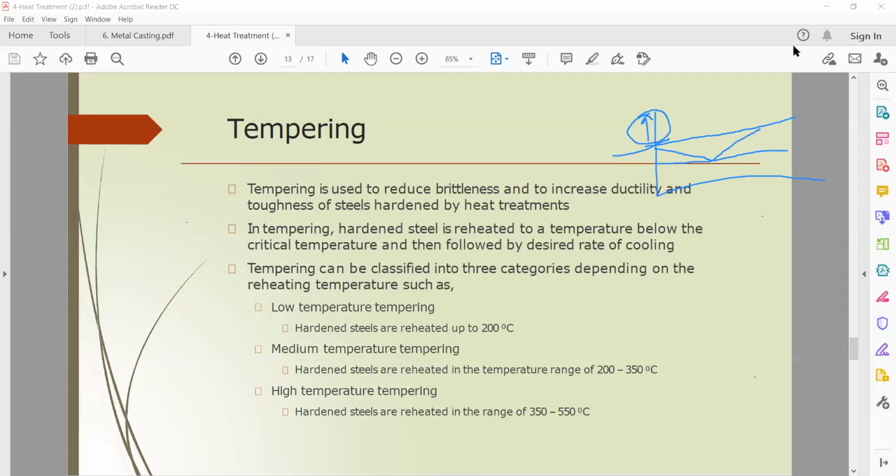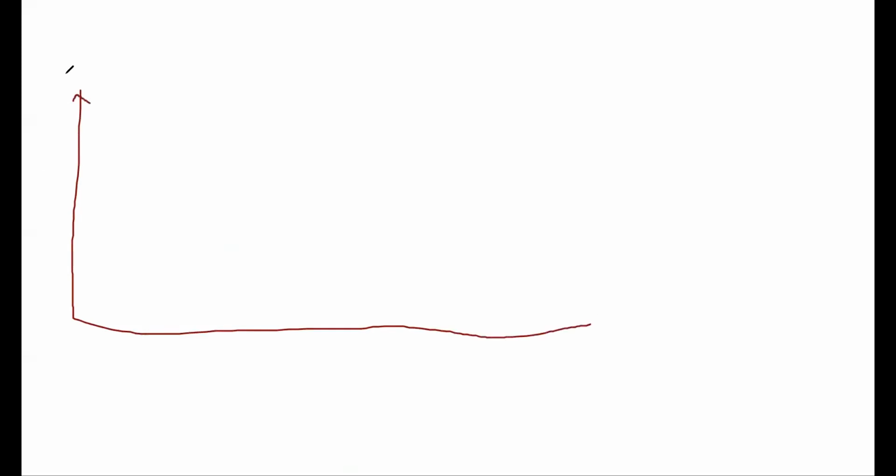So this tempering process follows the hardening process, right? So this is the temperature-time curve. This is temperature, this is time. So you have to have the hardening process,